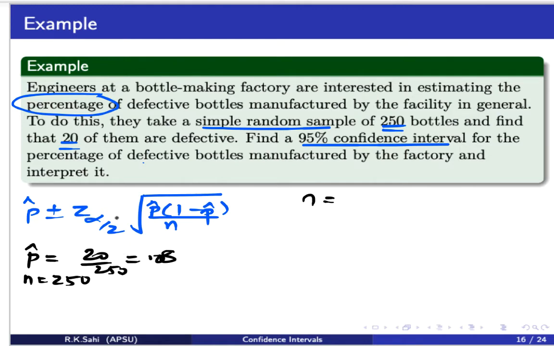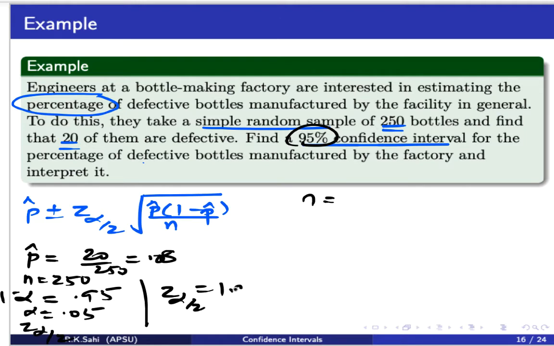Okay, now Z alpha by 2, because my alpha is 5%, which is, 1 minus alpha, 95% is 1 minus alpha. So alpha is 0.05, and Z alpha by 2, which we have already seen in a previous slide, is 1.96. So what do we do, guys? We just go ahead and plug in the values now. So the confidence interval